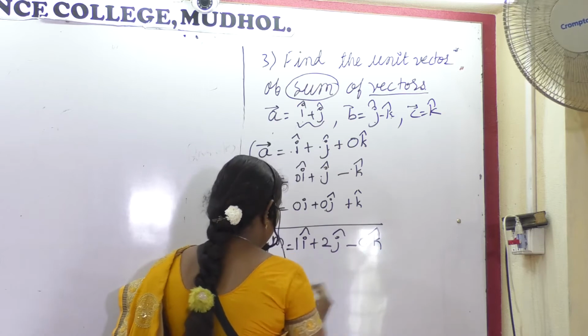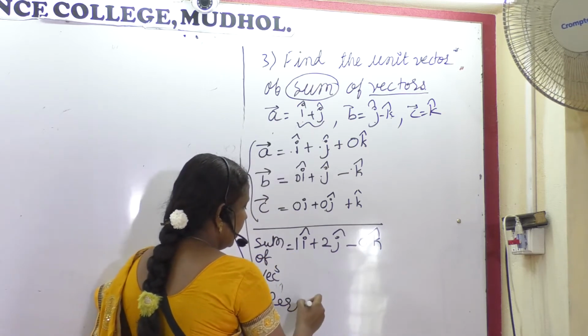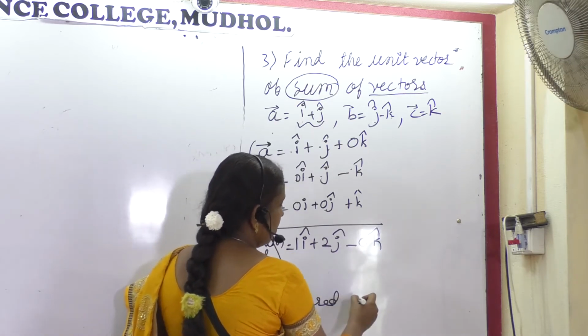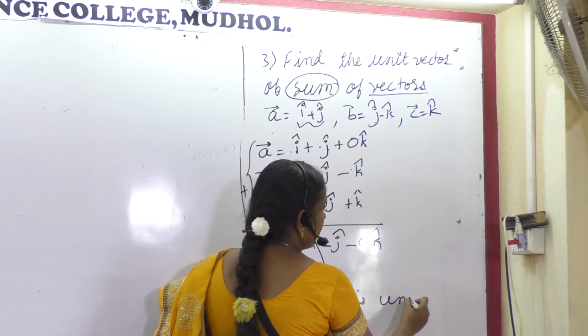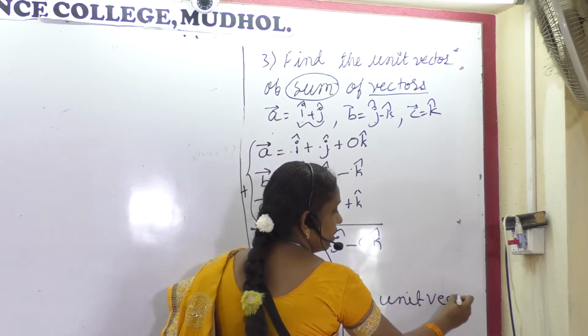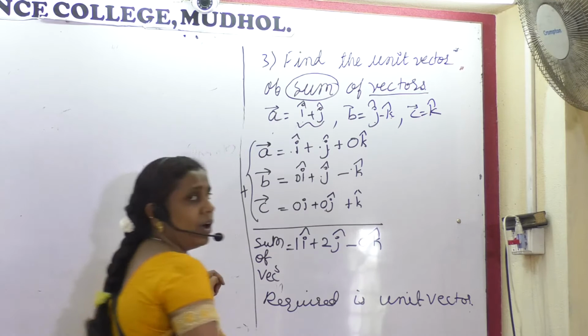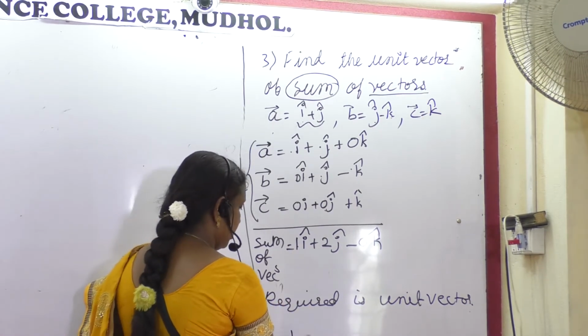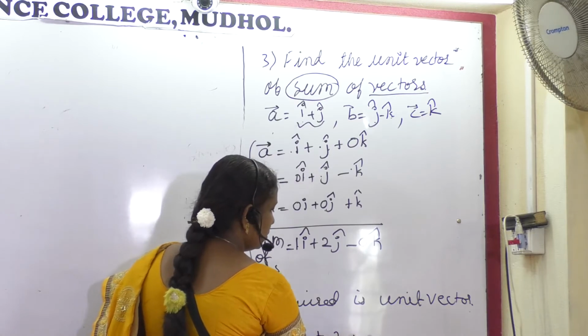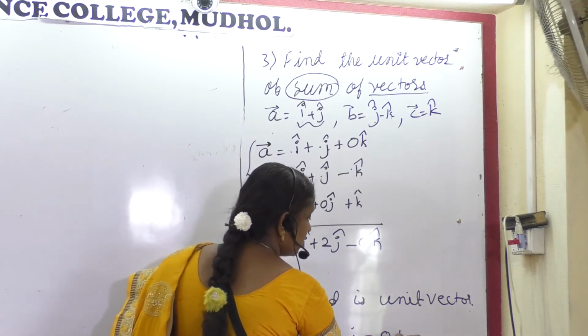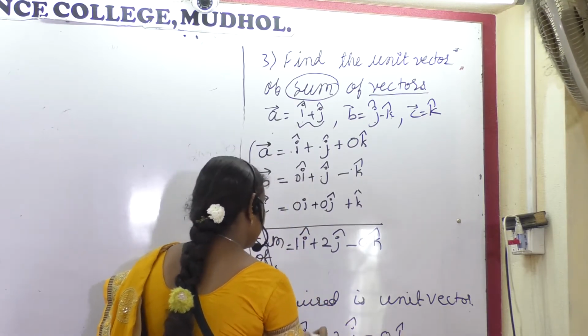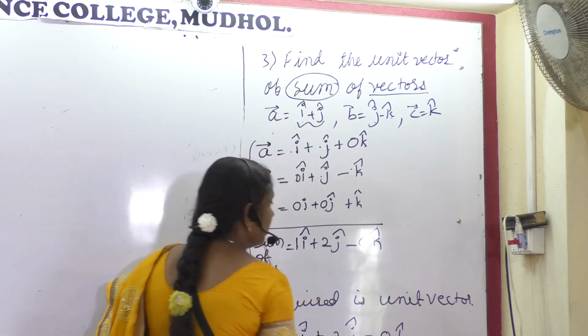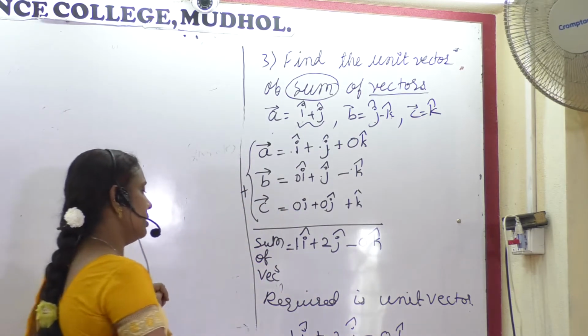And what to do? Required is its unit vector. How to find the unit vector? Do you know that? It is i plus 2j minus 0k